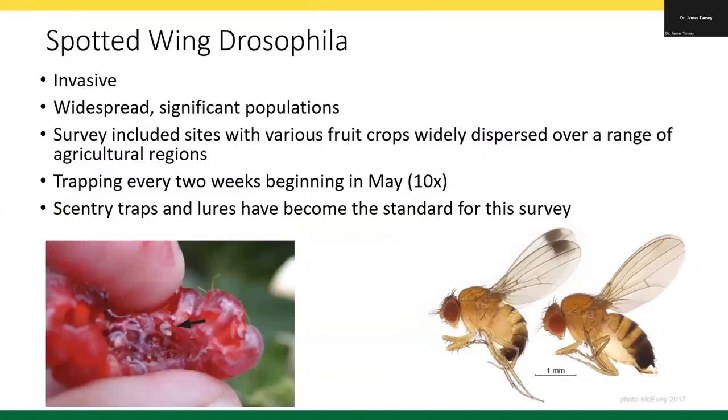This is the last insect that I'll talk about. This is spotted wing Drosophila. Once again, another invasive that was thought to not have the ability to establish well in Saskatchewan, given the cold winters here. It has established, and it's established relatively broadly. We don't have a large fruit industry here, but